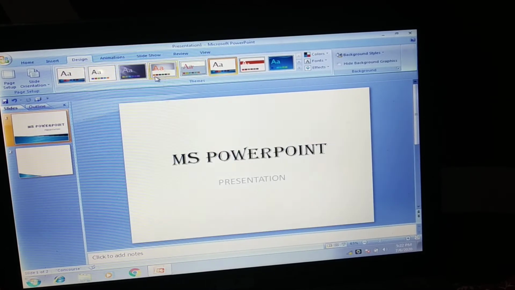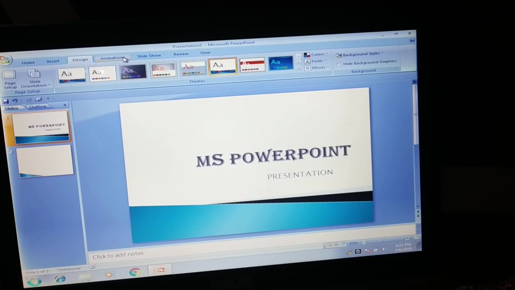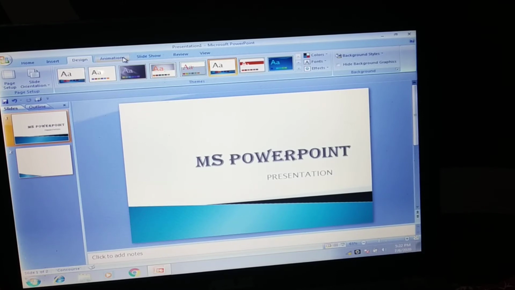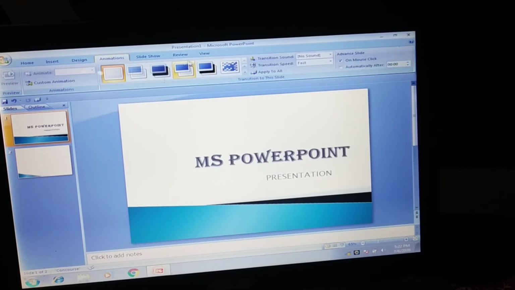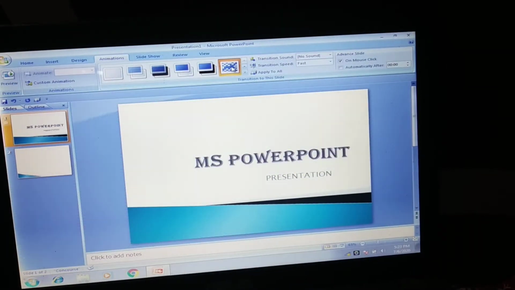Then in this slide, let me put some animation which is extra. This animation I will teach you of my own. This is not given in your book. So just beside design tab, I hope you can see the arrow. Follow the arrow please. This is the animation. You click on it. You give some animation.